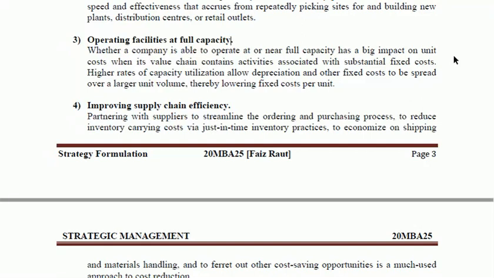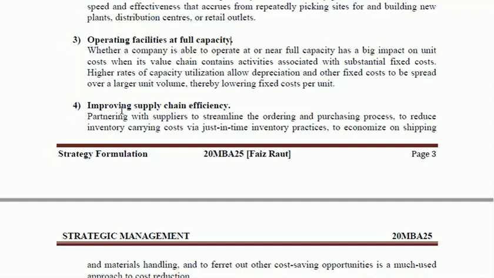So full capacity, how will you be able to achieve it? When there are certain processes where a bottleneck is created, where a lot of time is required for one process, other processes are waiting for the previous process to get completed. Okay, so in that case, those processes can be looked into, and some issues can be cleared out of that process, so that the process should not take time, and everything is running simultaneously as far as possible. So at that time you can achieve full capacity.